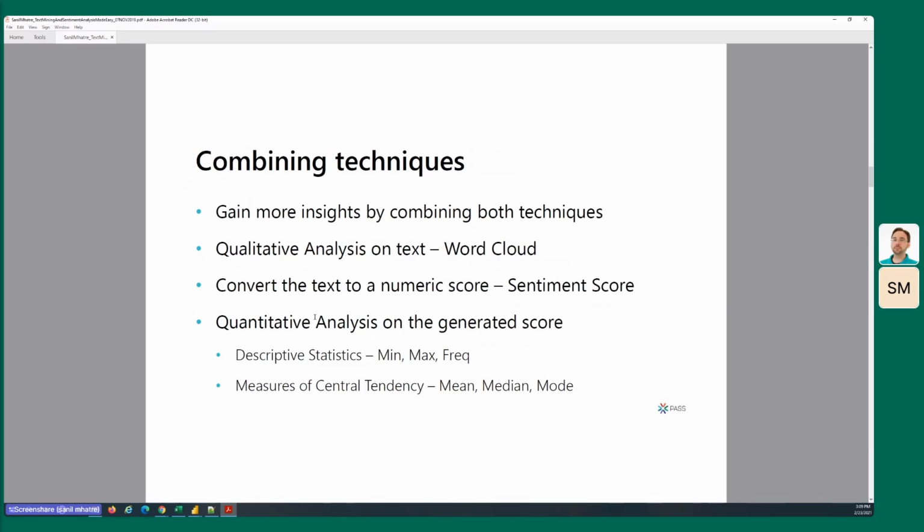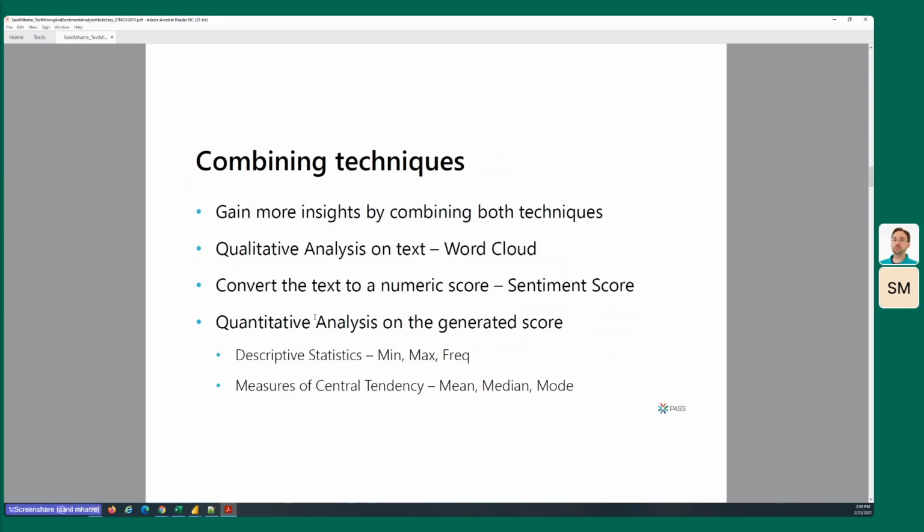A good example of qualitative analysis on text would be generating a word cloud, or running a topic modeling algorithm to extract topics in the body of text, or running an emotion classification algorithm to identify what emotions are found in your body of text.